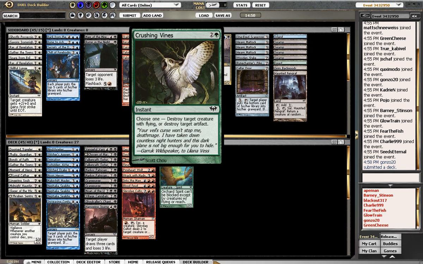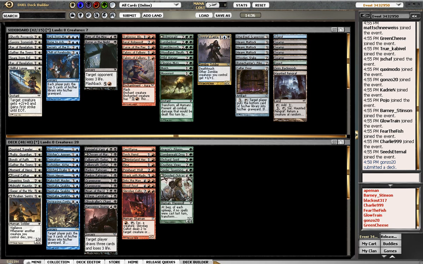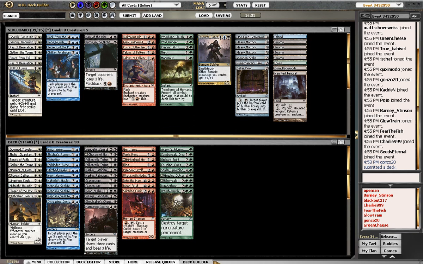Crushing Vines kills a flyer, right? I guess that's playable. What the hell is this? Oh yeah, I've played that before. It's decent. Let me tell you something. This pool is pretty trash. Maybe you would be able to build it better, but